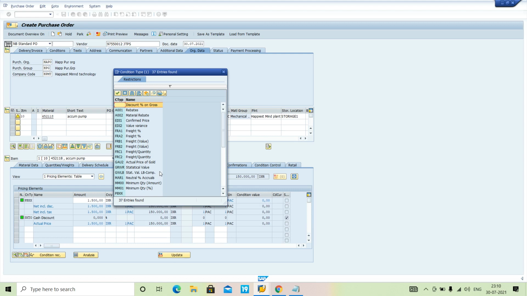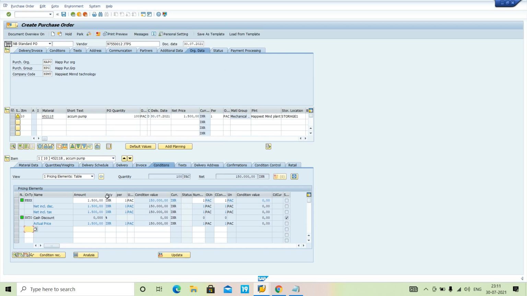Right now, as I told you in the beginning, I will do a simple transaction. I will not make it complicated. In my later videos I'll show you how to make it more difficult and how to resolve issues, how to get more data, and how to insert freight and surcharge. If you want to know about that also, you may comment. I'll update such videos, so don't worry. So here's my pricing. I have just pressed enter, and now I will save.